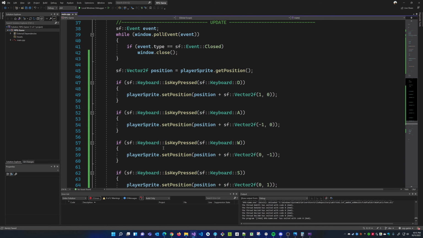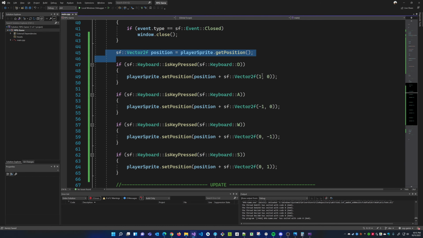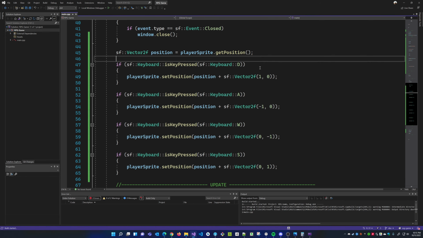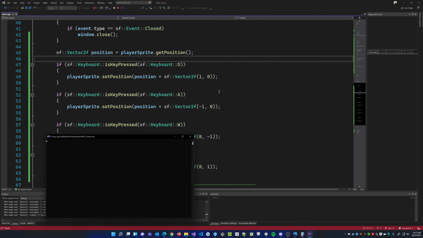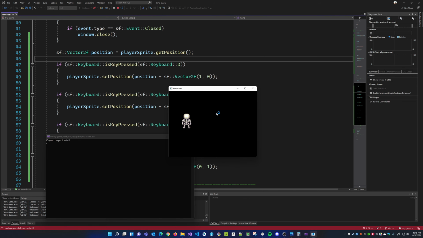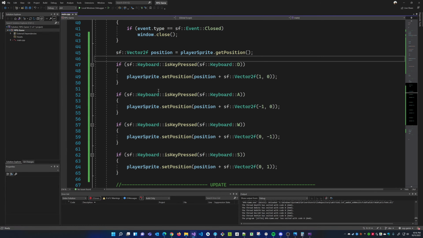So now I only need to get the position at the very top, and it doesn't matter which key you're pressing, I have the position saved here, which is great. So now if I run this, it should do the same thing. Yeah, it's doing the same thing, which is great. Now my code is a little bit cleaner.